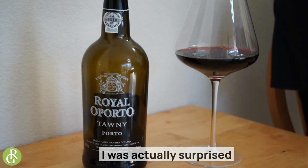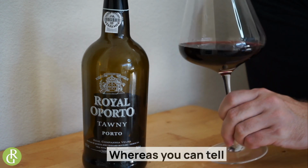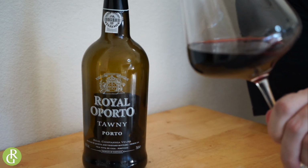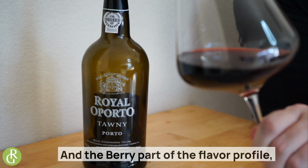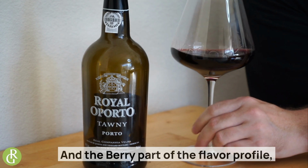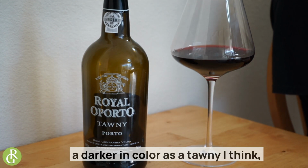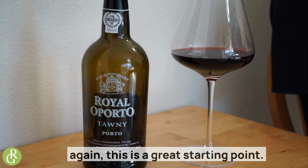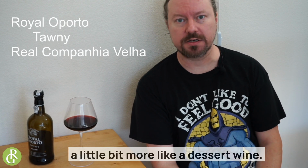I was actually surprised because I've had tawny that are almost brown looking, whereas you can tell that this was red. There's some brownish, but it was a little more robust in the berry part of the flavor profile. I've had some other port that was darker in color as a tawny. I think, again, this is a great starting point. If you've never sampled port and you want to try something that's a little bit more like a dessert wine,